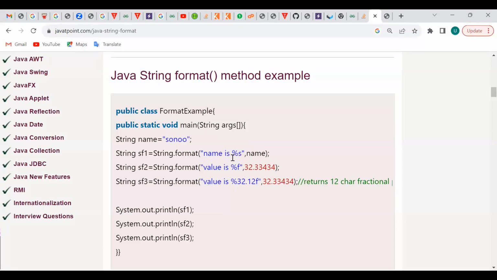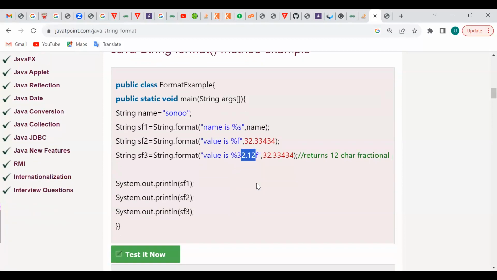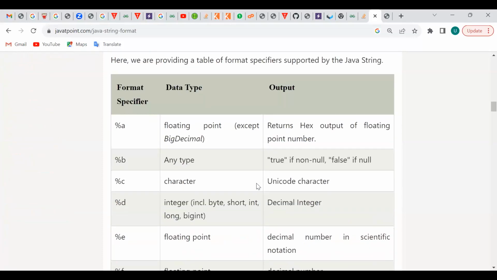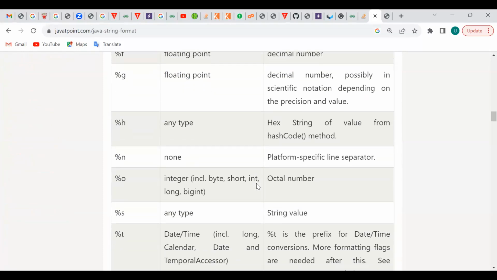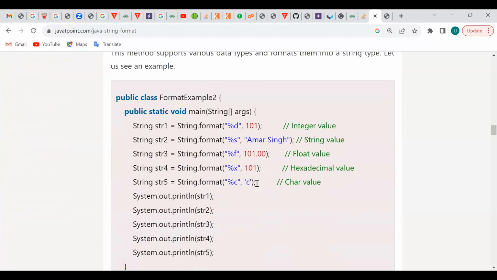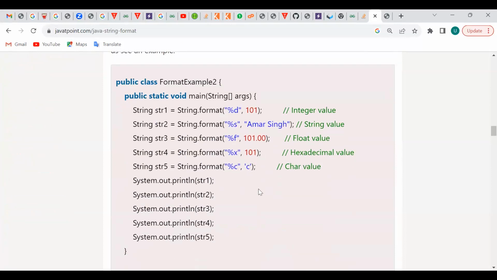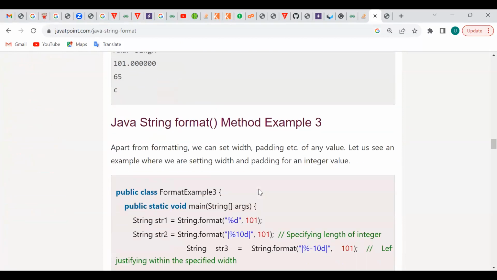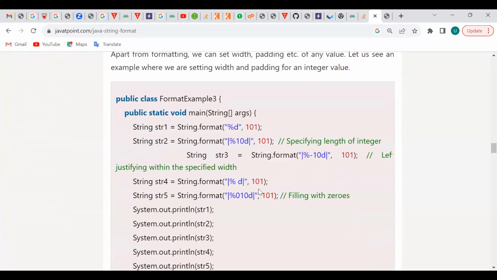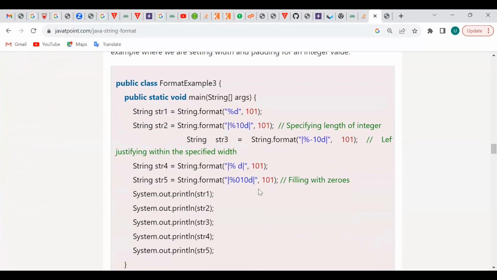Okay, we've studied this percentage S, percentage F. These are the types which we can use for it. Then we can have all the hexadecimal values. Okay. So now what I want to show in the format function is